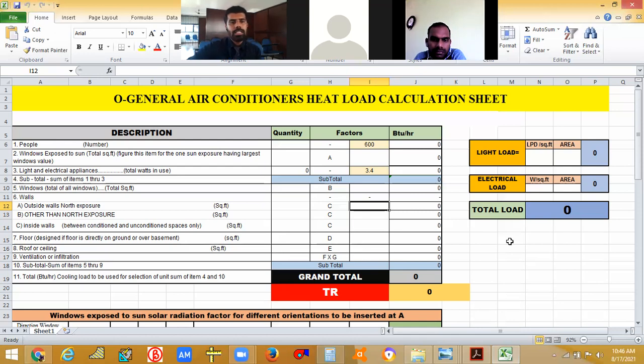Okay, so here you can see the description. The first description is people. You know that latent heat is evolved from people, right? Heat will be produced from people. So I am sitting here. If 10 people come here or 20 people come here, there will be a change in the condition of my room, because the heat will be produced from people also. Understood? So we are going to see how much heat is being produced by these people. Okay. So now, what is the area of our